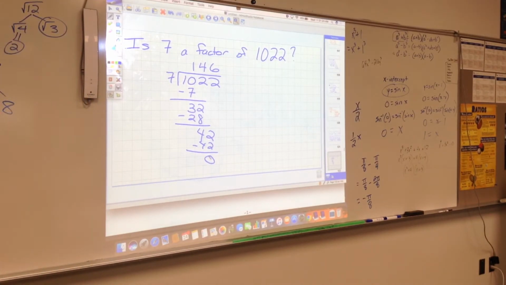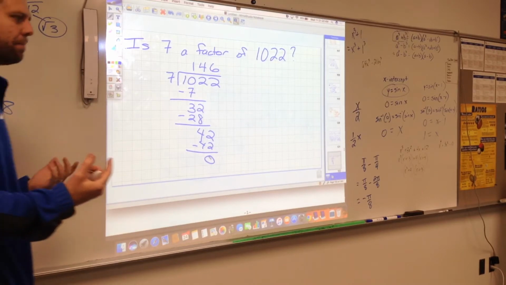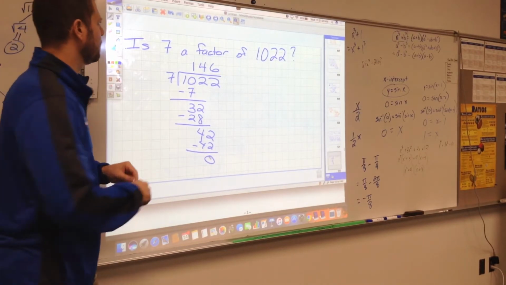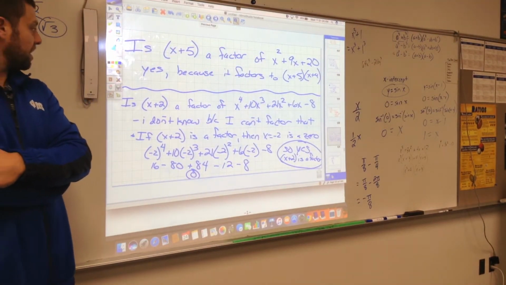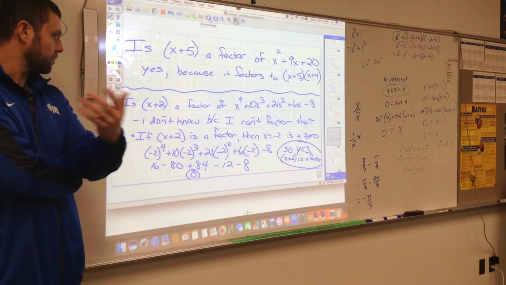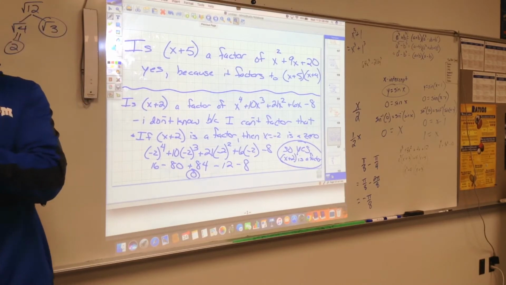So what I need to do now is actually show you how to divide polynomials. And you might say, why, when all you have to do is simply plug in the 0 and see if it equals 0 or not? I don't disagree, but